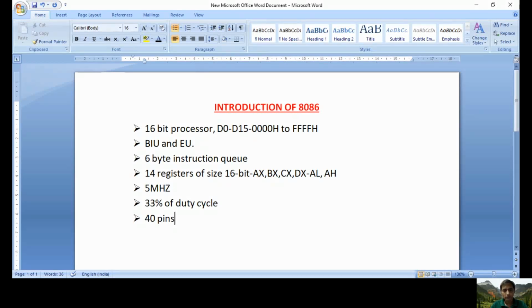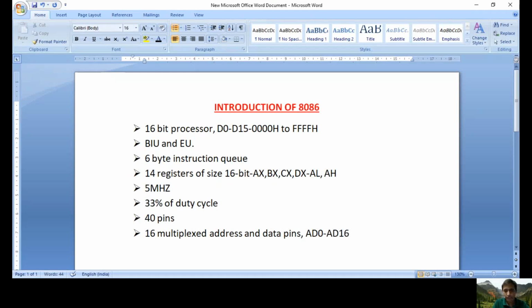Actually in those 40 pins, some are multiplexed pins and some are normal pins. Let us see what multiplexed means. Instead of using a pin for only one function, we use the same pin for multiple functions. Maybe some are address lines, some are data lines, like that. Some pins are multiplexed pins. How many are present? Generally 8086 contains 16 multiplexed address and data pins. Directly, 16 address lines and 16 data lines are not available. They are multiplexed, meaning combined. So 16 address lines are present along with 16 data lines.